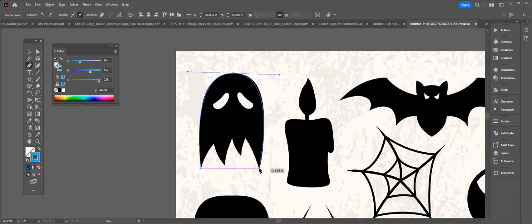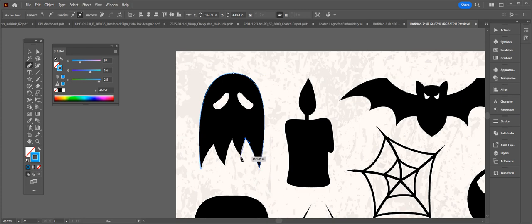Now we could go ahead and find a good point for our next anchor point. You can click and drag as well so we can refine that curve. I'm just going to release it there. Now you can see that the line wants to keep following that curve. In order to stop it from following this handle, we're just going to click on that anchor point, and that cancels out the bottom portion of that handle. And now we can do the same thing: click and drag,